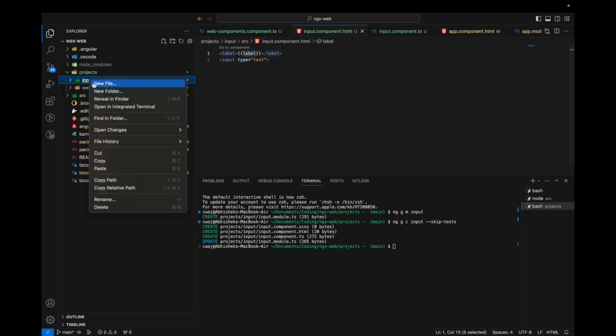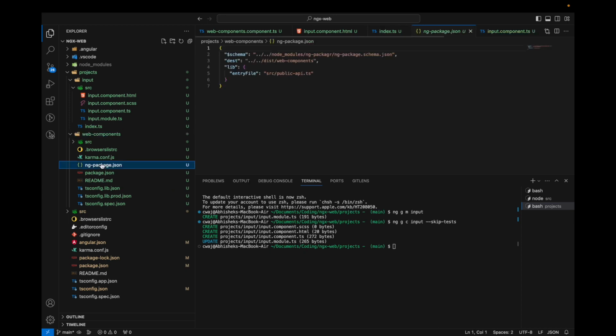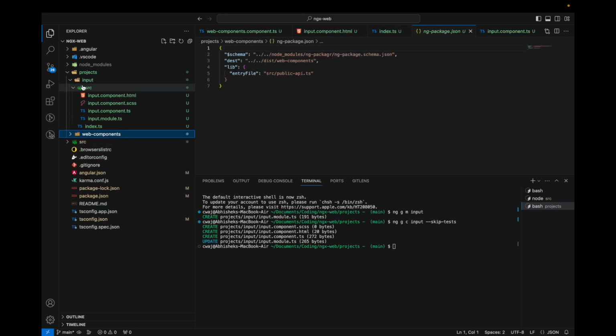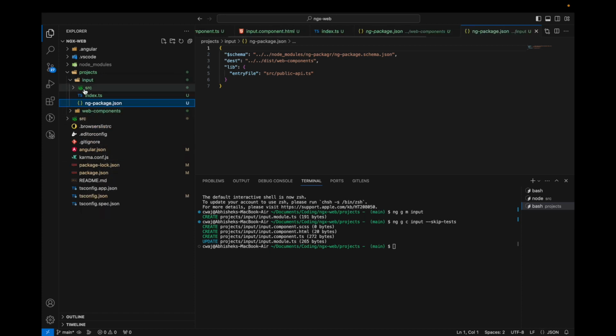and we'll create a file on this input called index.ts, and then we'll create an ng-package.json file. We are creating this file because we want ng-packagr to take care of building and packaging it, as we are exporting this input module as a separate module. So now what we will do over in this file is we'll update the entry path for this module, which in our case will be index.ts. So we'll update this entry path,